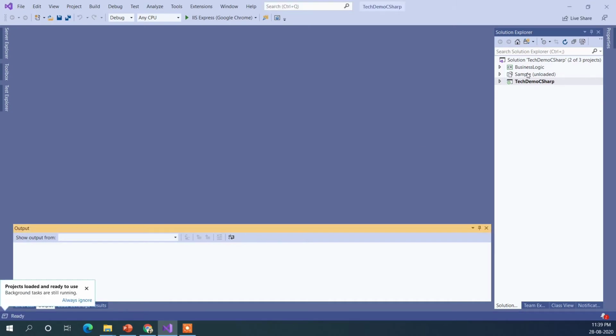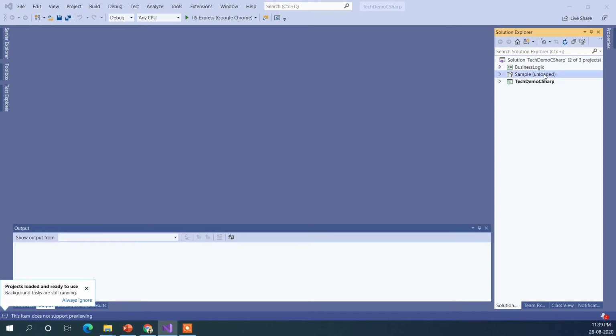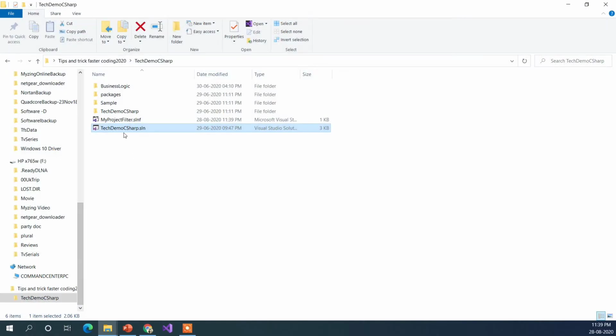I think last time I didn't unload it, so let me reload the project and save it first and then try to load it.